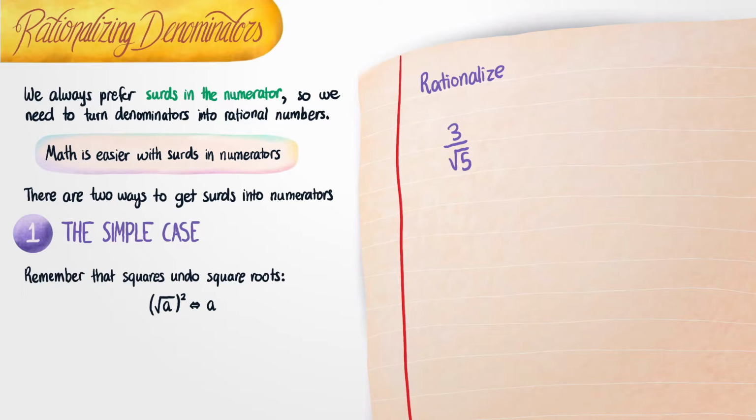But of course, that would also change the value of this whole thing, and we don't want to change the value. So the best thing we can do is multiply by 1. As we know, multiplying any number by the number 1 does not change its value. Anything times 1 is itself. But one of the cool things about the number 1 is you can write it in lots and lots of different ways. For example, you could write the number 1 as 6 over 6, or as 10 over 10,